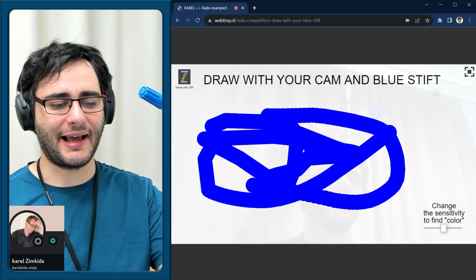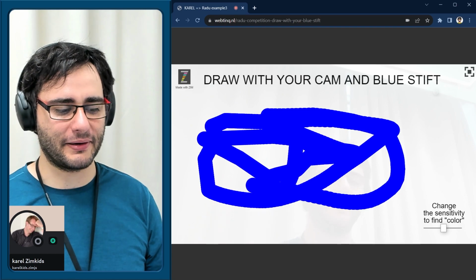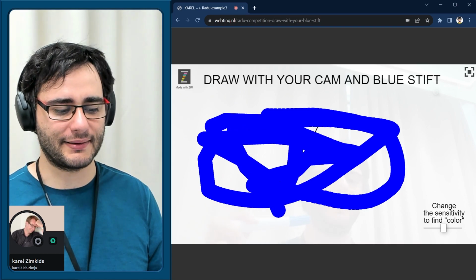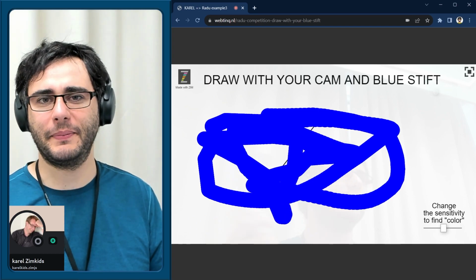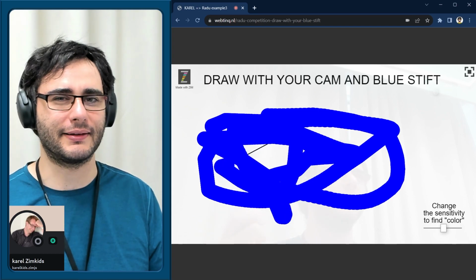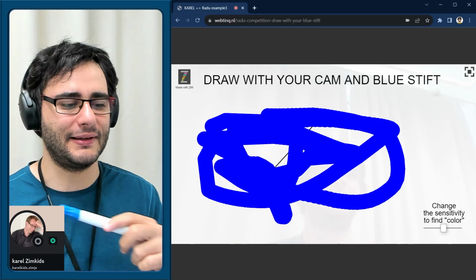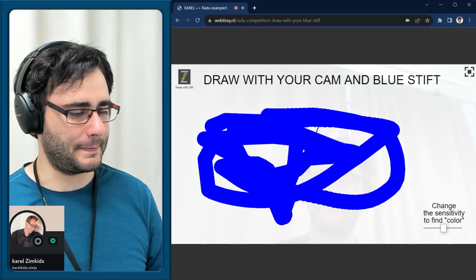The drawing catches up to the movement of my marker as I'm moving it, so it takes a while for it to react. I think this is somehow on purpose to make this look smooth, and so that you don't get dots separated somehow. But anyway,